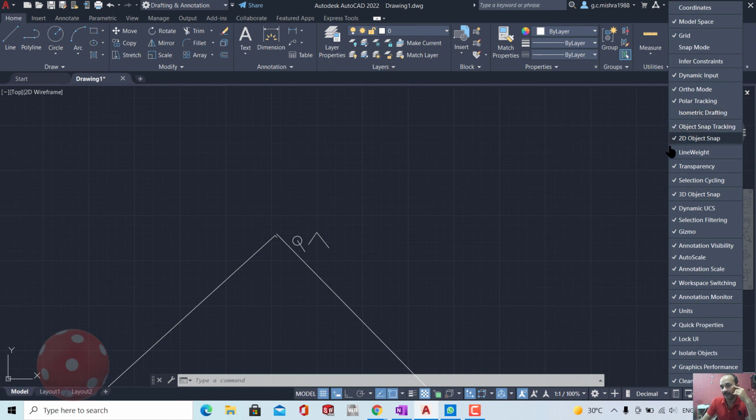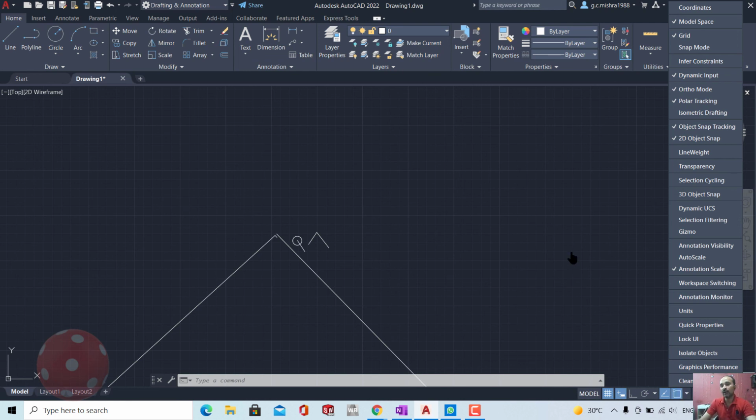I will hide line weight, transparency, cycling, 3D snap, and dynamic. Remaining all things I will hide. It means only the things that we have covered will be on screen. Everything other than that I will be hiding from here. We will turn on as required. So only these icons are required for now.